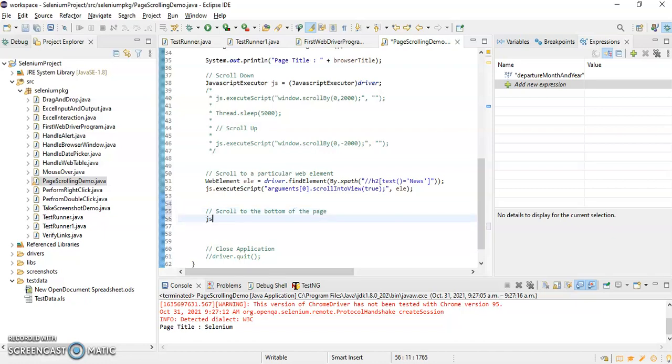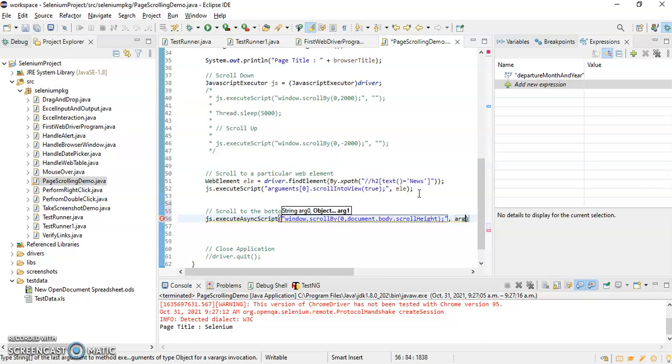What you can write here is js.executeScript, window.scrollBy, here you have to write 0, then document.body.scrollHeight.